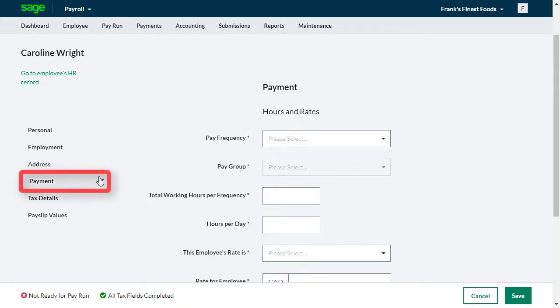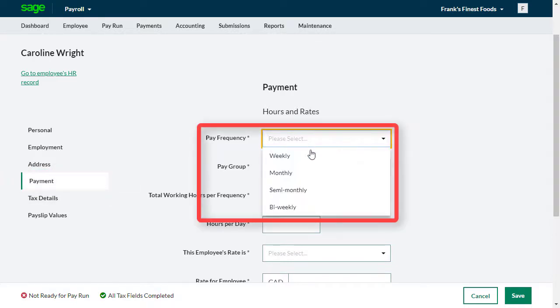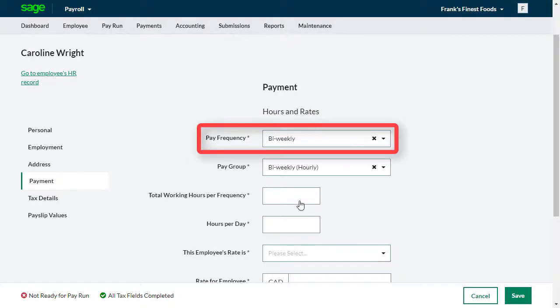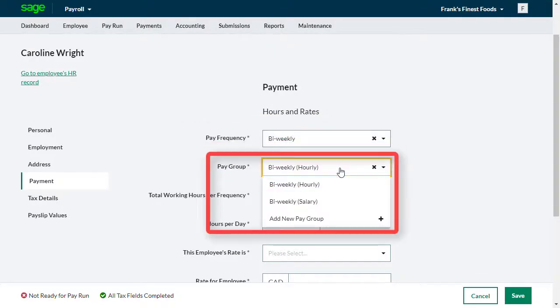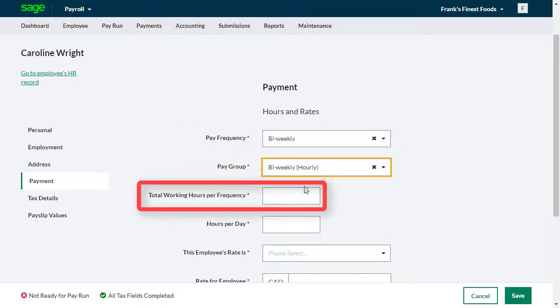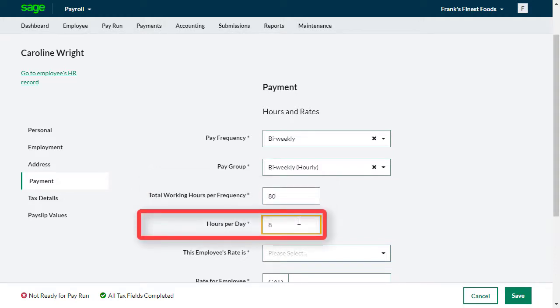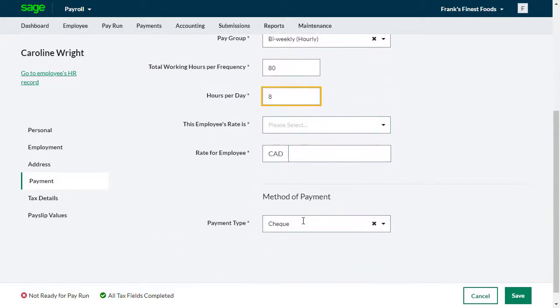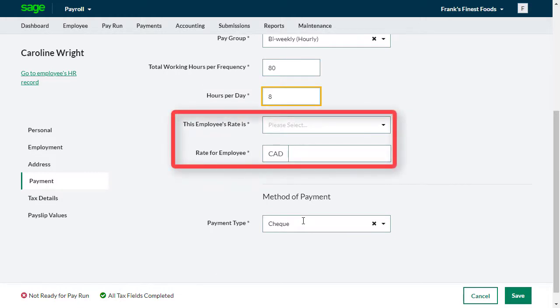On the Payments tab, you may enter information on how the employee will be paid. Select a pay frequency, here biweekly, as well as a pay group. Enter the usual number of hours worked per period and per day. Select how you would like to enter the employee's rate and enter the rate.